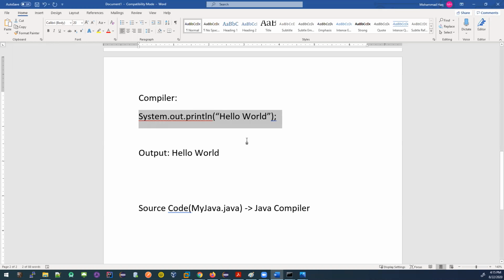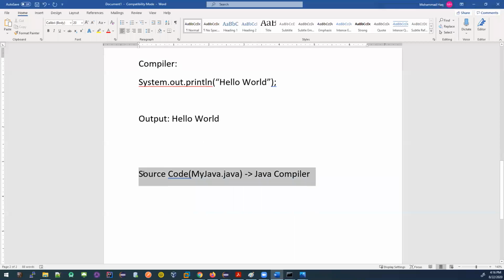We have written some code, and we are saving it. Again, I'm going to show this in practical, hands-on coding, but I'm giving a high-level overview first. We have written this code in some file, and we are saving this file with the extension .java. This is my source code. Why am I calling it source code? Because this file will have all the actual coding, which is written in Java. Then the Java compiler comes into the picture.